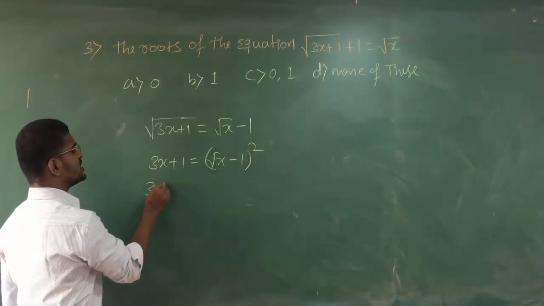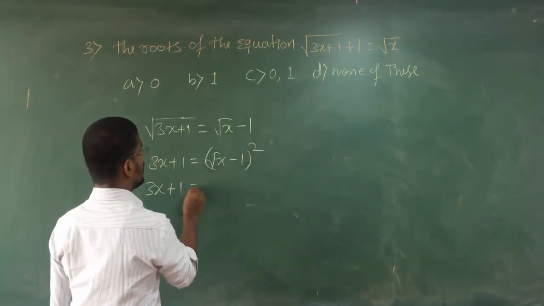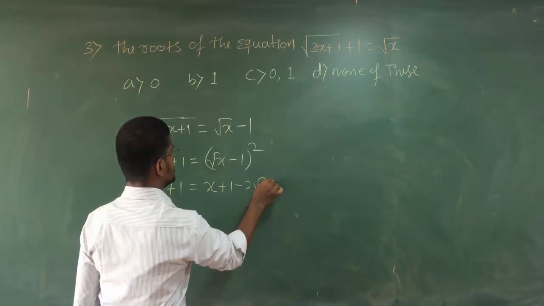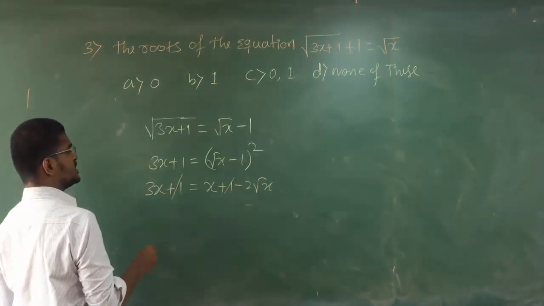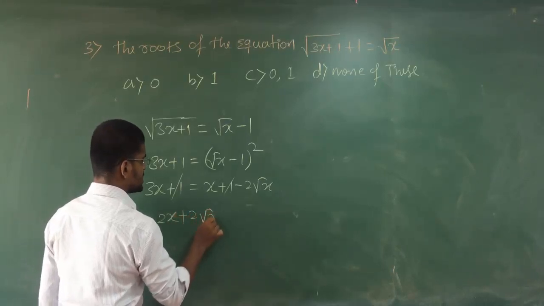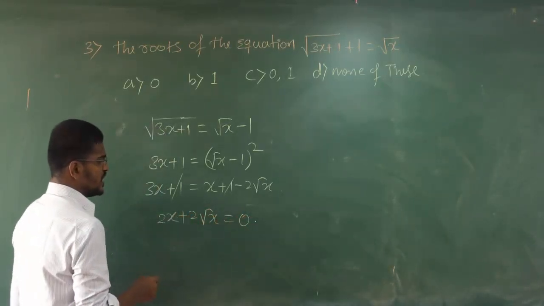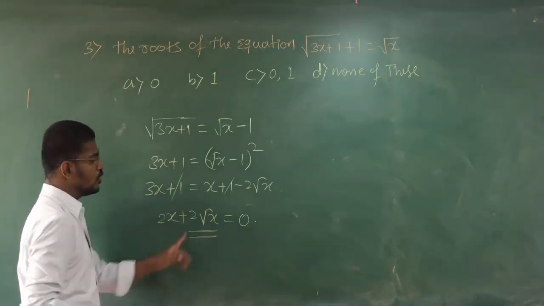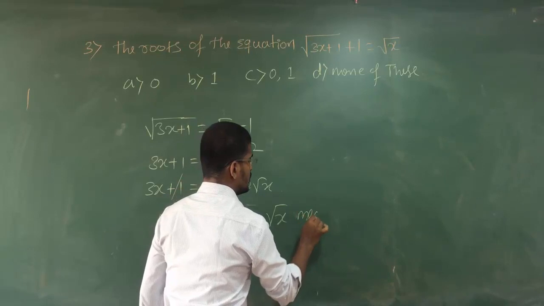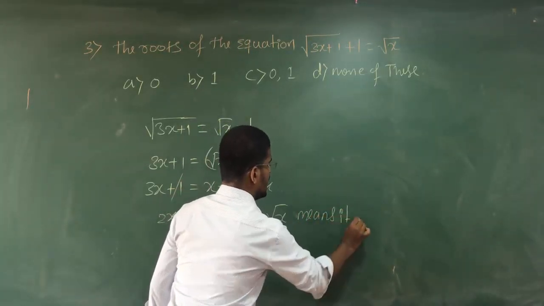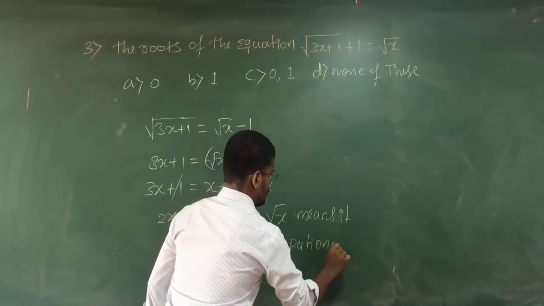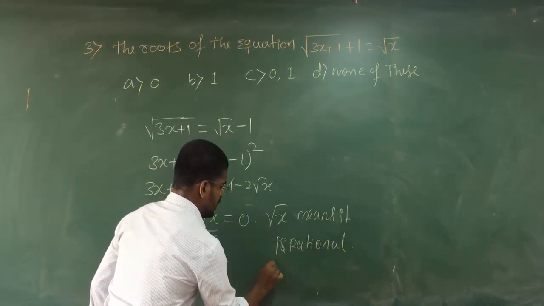So that will be 3x plus 1 equal to x plus 1 minus 2 root x. So here plus 1 cancelled. It will be 2x plus 2 root x equal to 0. So here you have to observe this. Root x means it is rational, or sometimes it may be